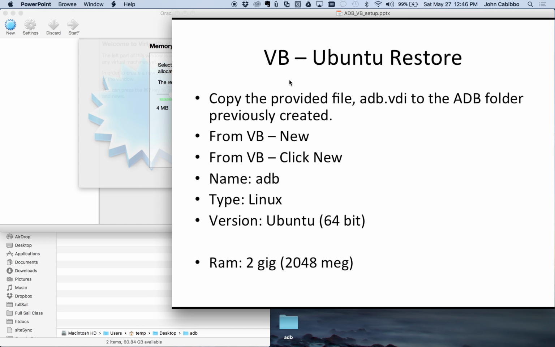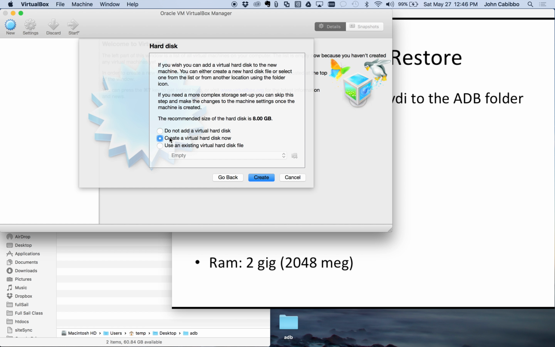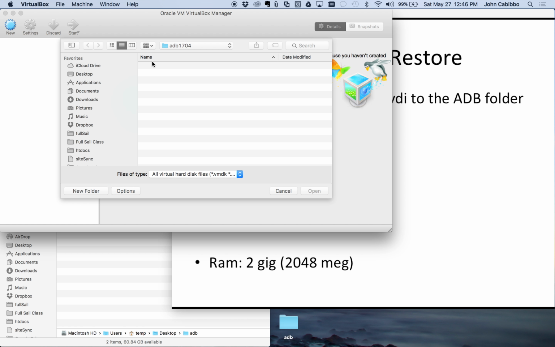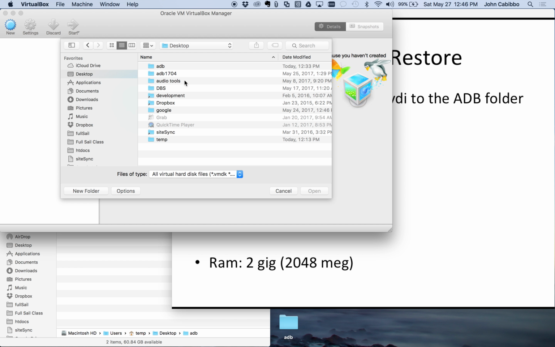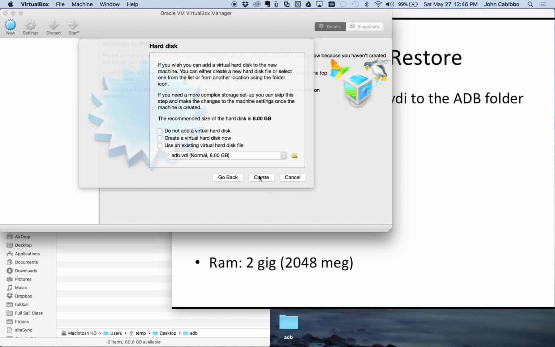By the way, all the instructions are also here in the PowerPoint I'm providing. Okay, once that's done, hit continue. And now here's an important one. If we say create a virtual disk now, it means we have to go through the entire install. Overall, that was about a 6 to 8 hour process. So we're going to make this real simple. Hit use an existing virtual hard disk file. Click this here, that's supposed to be a folder. And now go ahead and go to your desktop, go into that ADB folder, and select that VDI file and hit open. If we hit create,